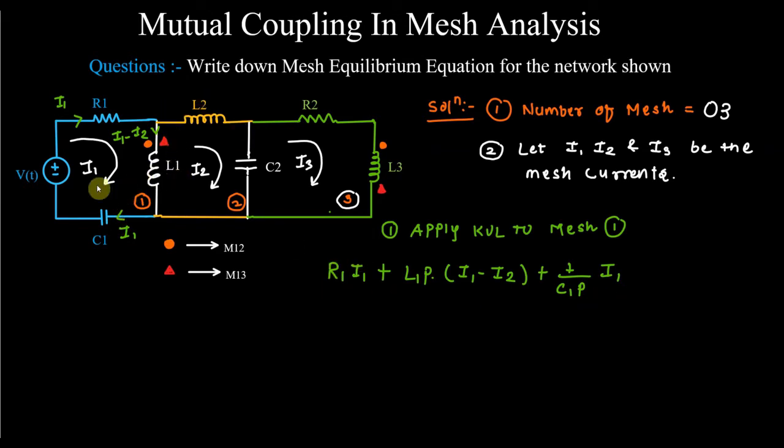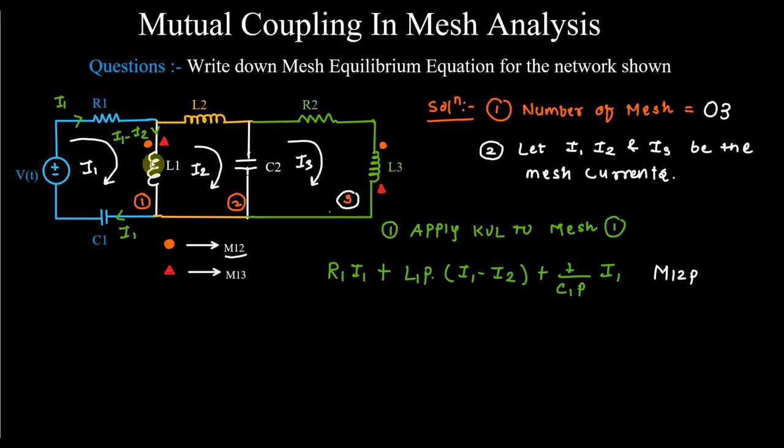Now, you can see that this loop has two dot polarities also, one is this circle, another is this triangle. This means that it has a mutual inductance, so we have to write the mutual inductance also. I am taking different colors here. First you write for this circle. For this circle, what is the value of mutual inductance? M12. So I am writing the first value, M12p. Don't get confused about what I have written in the first step: the value of the dot is M12p.